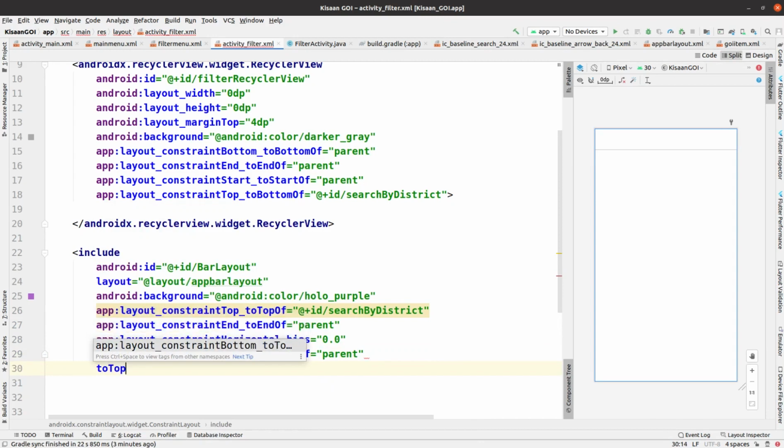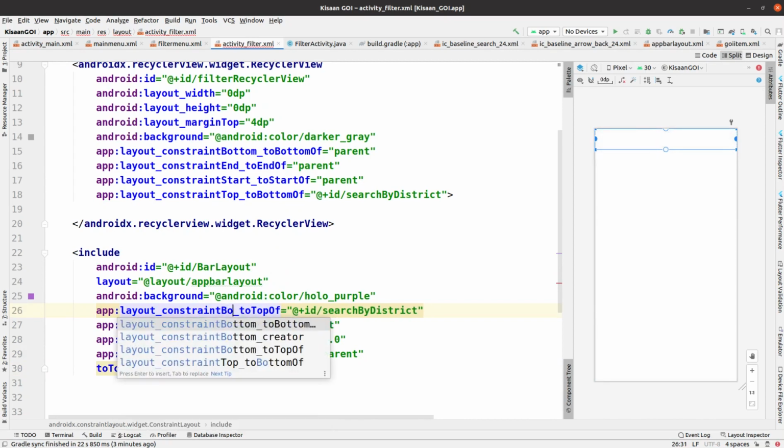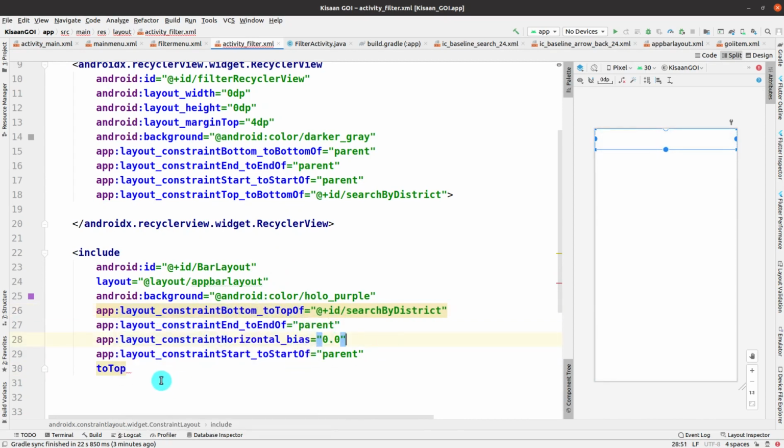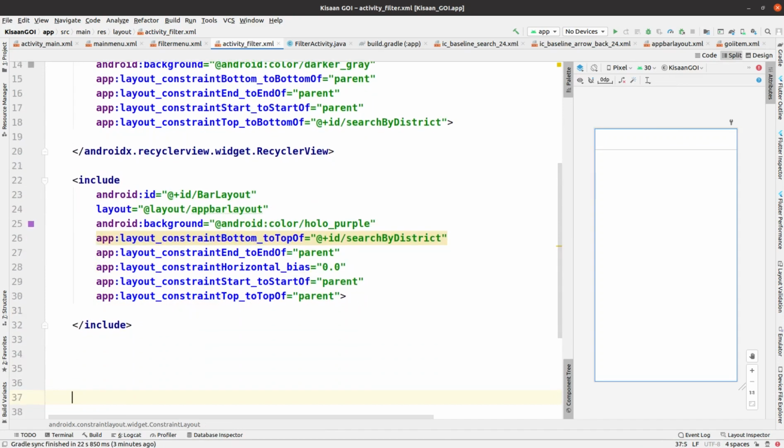Okay, so now one more thing, constraint bottom to top of. First I added it wrongly as bottom, and now I correct it to top to top of parent. Okay, close this. The include part is completed right now.